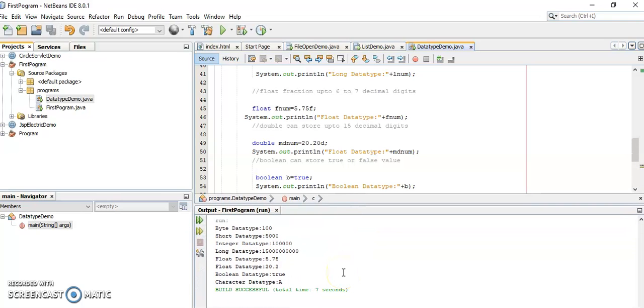So in this way we can declare a variable of different data types in Java. Thank you.